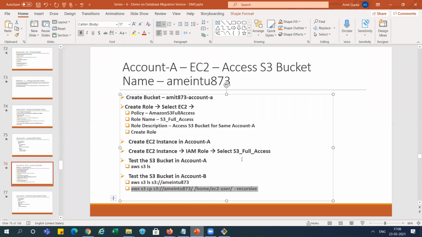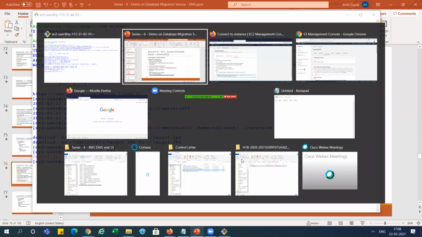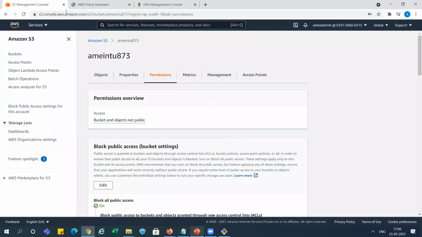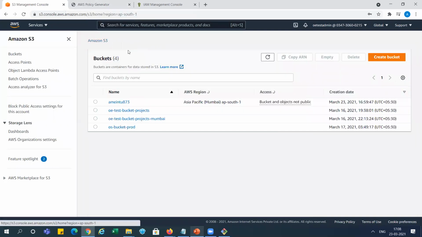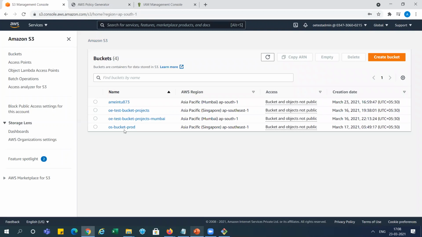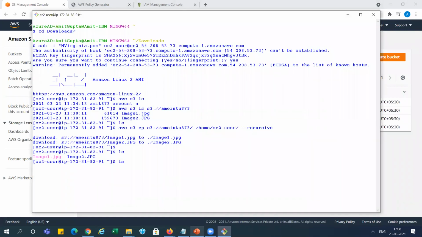So let's check in account B. You can see this is working fine. Now we just try to access this bucket, right? Because we have not given any policy for that. Okay, you can see we are not able to access this bucket because we have not provided anything over there.